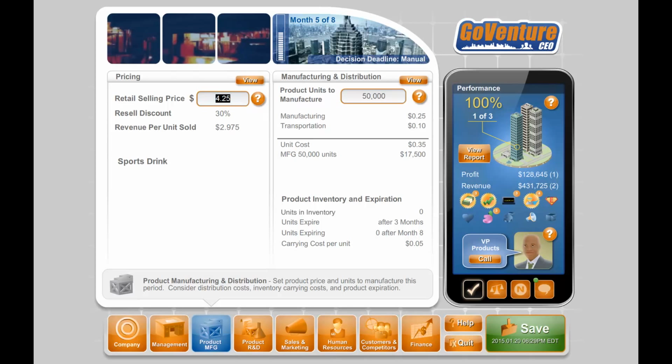And, one of the most important things you need to know about pricing is that there is no set price that consumers expect to pay for your product. Pricing is completely based on supply and demand and competition. For example, let's say that you live in a country where the average price for a sports drink is $2.50. This does not necessarily mean that, in the simulation, the average price of a drink should be $2.50. You could set your price much higher or much lower.